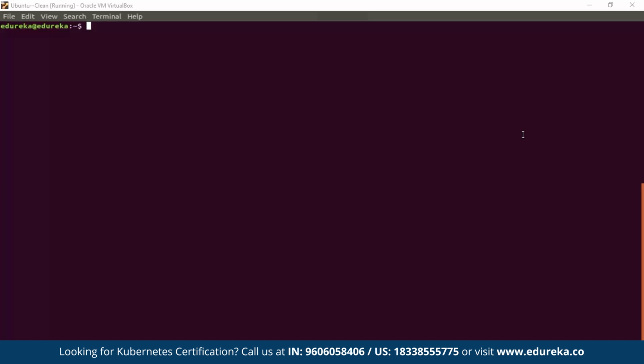The first thing we're going to do is update the apt package index and install packages needed to use the Kubernetes apt repository. For that, I am going to type in the command sudo apt-get update.